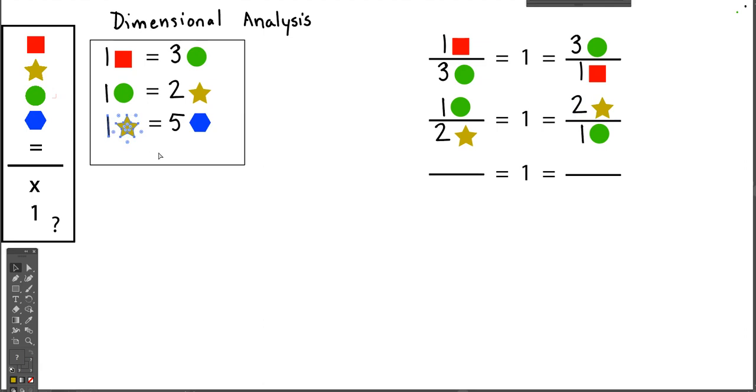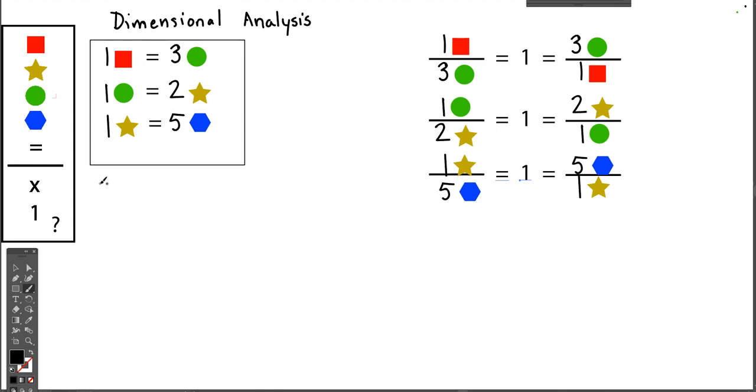And finally, we're going to make 2 conversion factors for our star and hexagon relationship. So let's make that here. Let's get our hexagons, so 5 hexagons in this case. And let's do that one more time. And so here's where we're going to have the question or the problem that we want to solve. So now let's say that our problem that we want to solve is, let's start with one that is not too complex. Let's just say I have